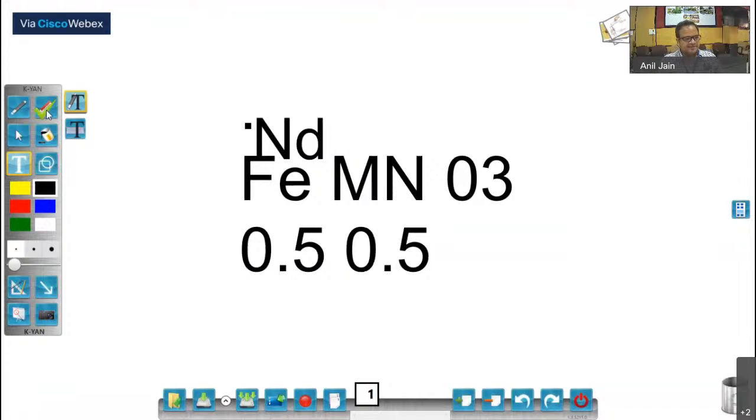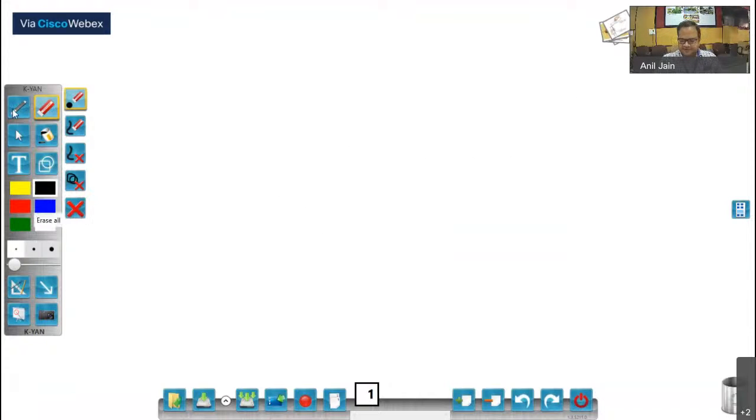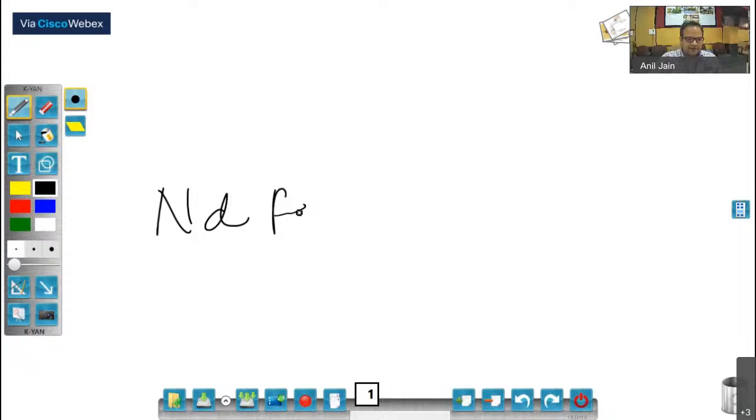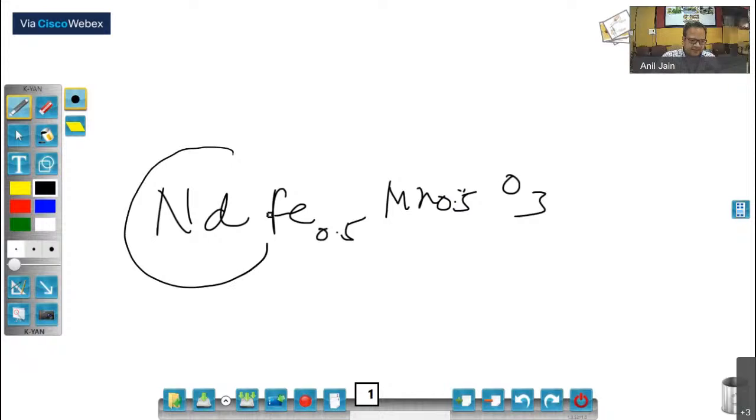Sorry, I think it has taken some automatic format. So NdFe0.5Mn0.5O3. So now for this space group, the multiplicity of the site where neodymium goes is 4,